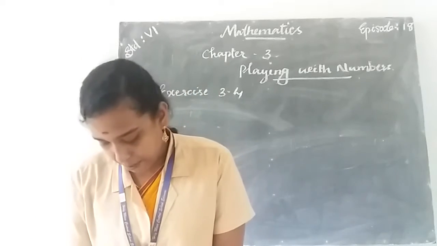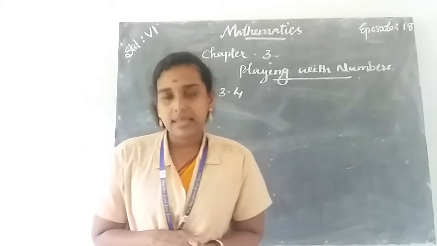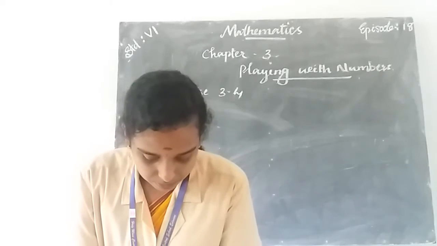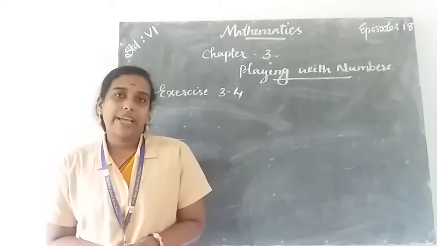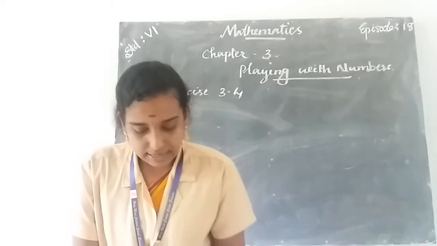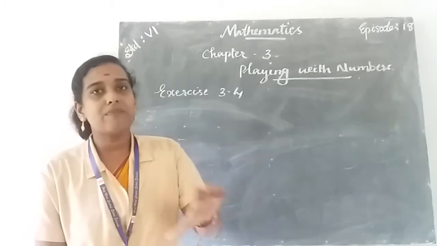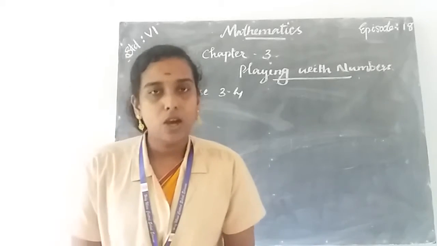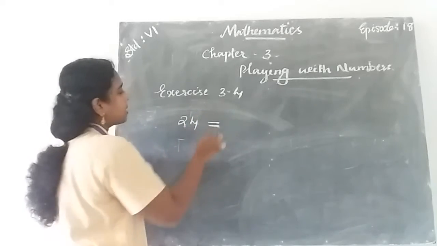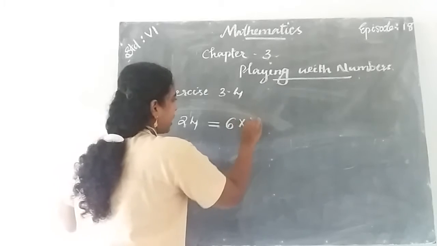That is the answer of question number 7 in exercise 3.4. So exercise 3.4 is over. Then we study prime factorization. Prime factorization means that if a number is expressed as the product of two numbers, then we can say that number is factorized. For example, we can write 12 as the product of 6 and 4. 6 into 4, we get 24.